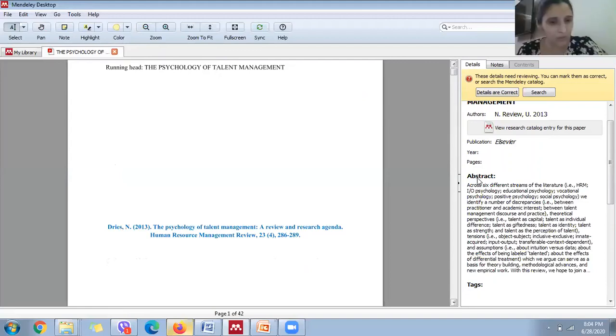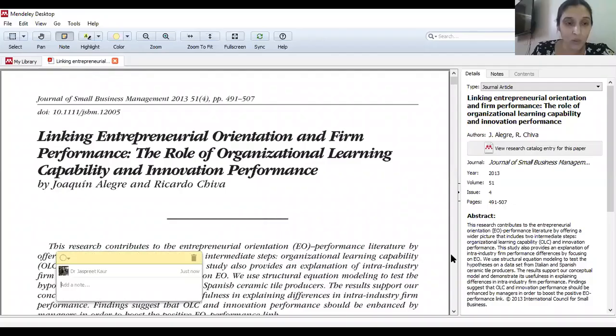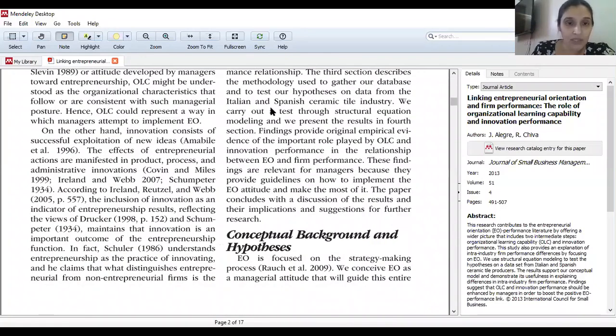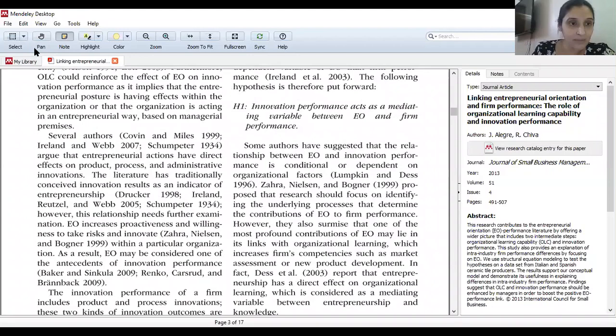I have not understood your problem, sir. Is there any view in which you can't see some icons over here? Whenever you click this paper, you can add anything to this. Now, what are the major things that we add? Suppose I say, I want to concentrate on the hypothesis. So I will say select text.